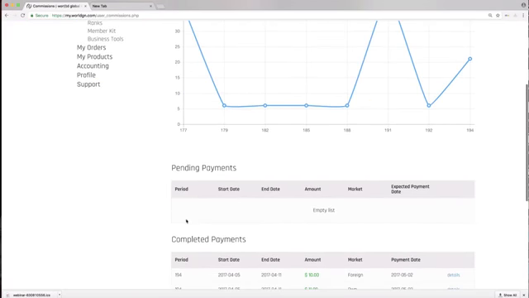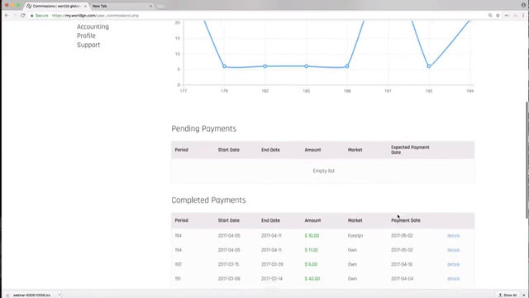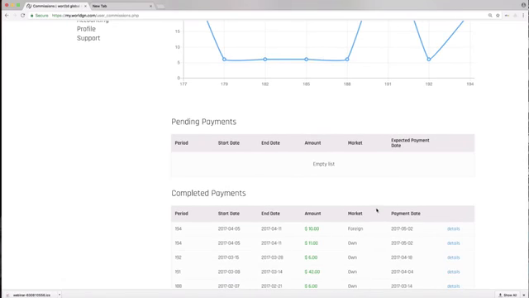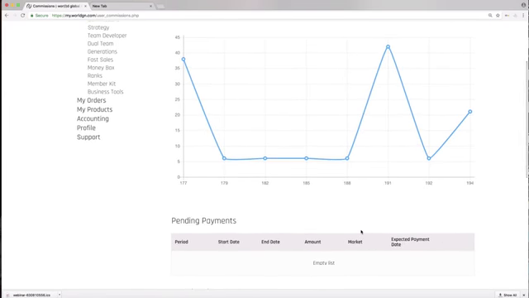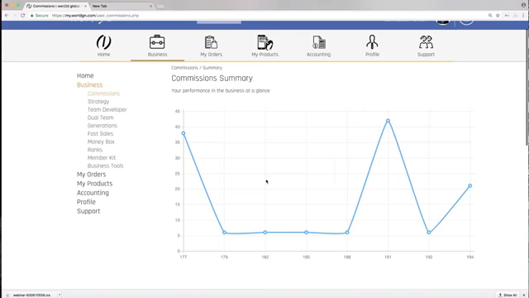It normally will show the pay period, the start date of it, and the end date of the cycle, and then it'll tell you how much you're going to make, and then it'll actually tell you right here when to expect the paycheck to drop. Once the paycheck drops to your back office, it then gets moved to this cycle where it says completed payments, and then it will pay out to your e-wallet. In turn, you pay it to your iPayout to get it to your bank account. Now, reference the iPayout video to show you how to do all that. I'm not going to really get into it,